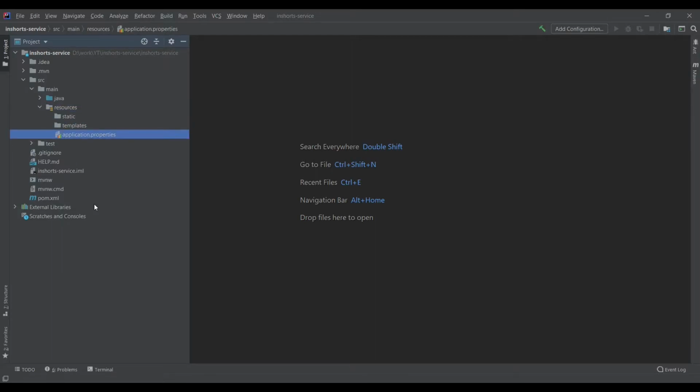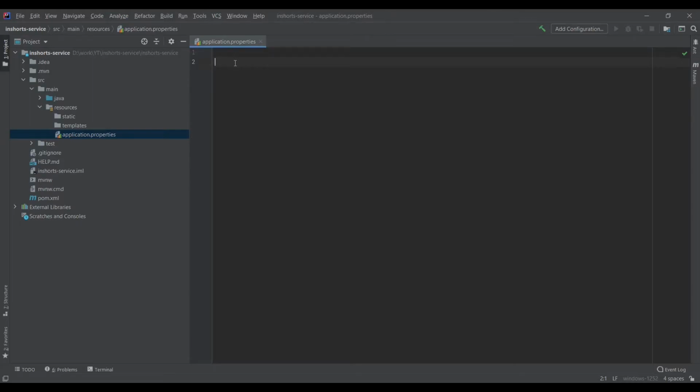Our main file to focus on here is application.properties. application.properties is basically a file that contains key value pairs, just like in a hash map. One such example would be server.port. By default, the port on which your application would run is 8080. With this line, you're saying that you'll be changing the port to 8081.